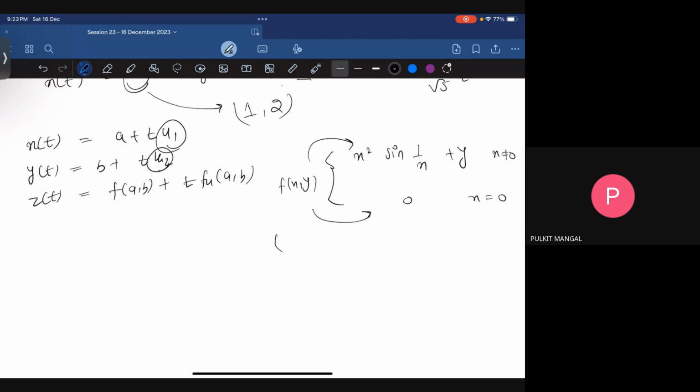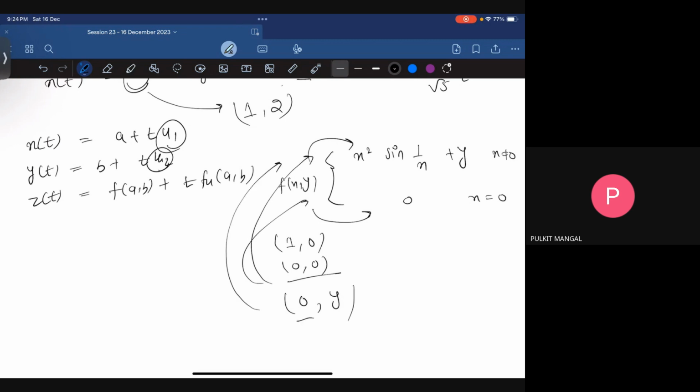Now if it is asking for you to find the partial derivative at the point (1, 0), then you can use your method: taking y as a constant to find the partial derivative with respect to x, and treating x as a constant to find the partial derivative with respect to y. But at the point (0, 0), or at any point (0, y) where the x value is 0, the function is defined in two pieces. So along these points, if it is asking for the partial derivative,